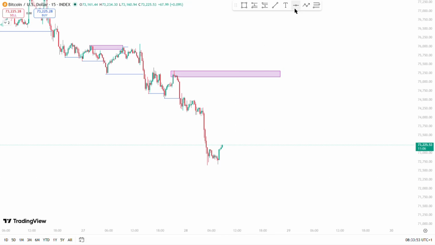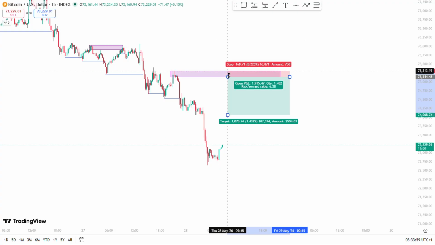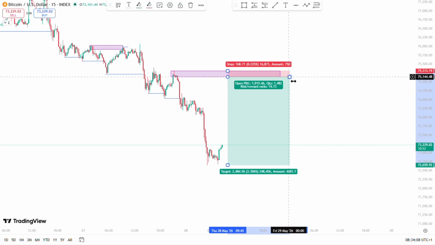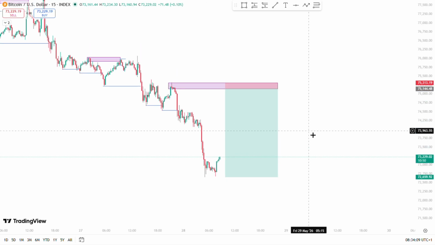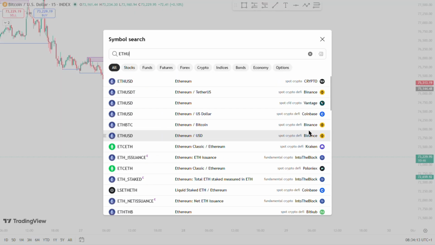So if I'm looking to sell BTCUSD, I'll be looking to sell from this zone to this low. So as easy as it gets. So this is my analysis for BTCUSD. And for ETHUSD,